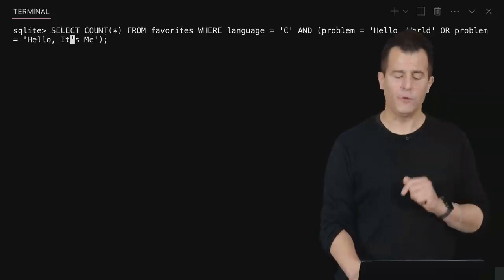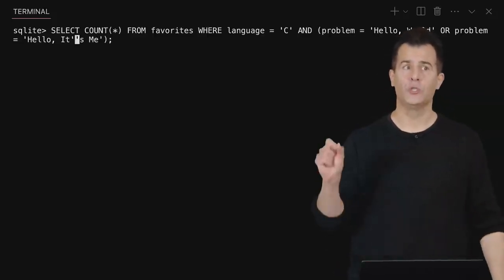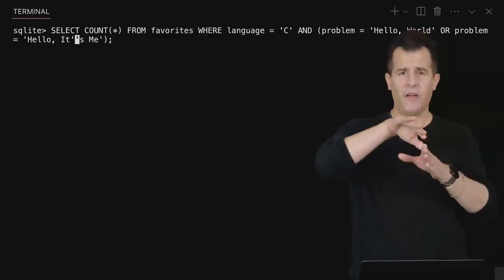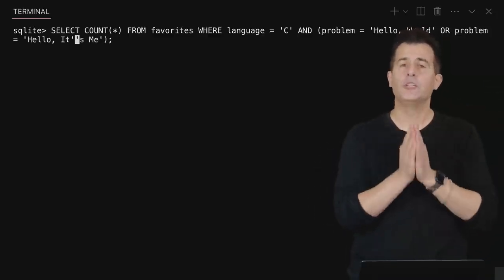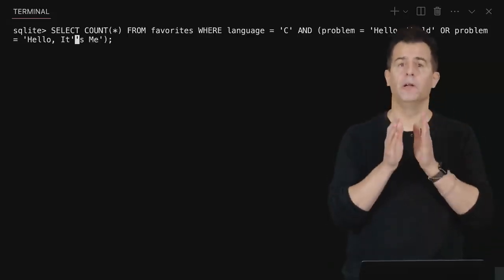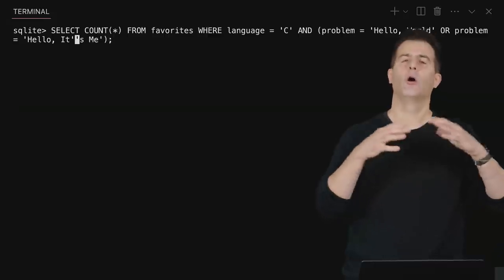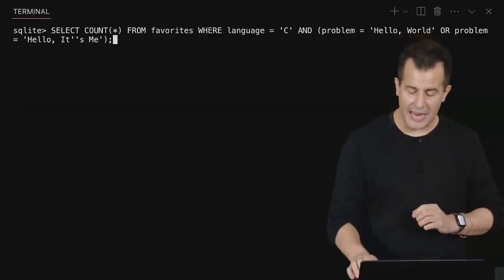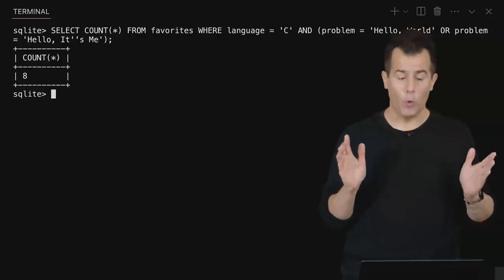Weirdly and admittedly confusingly, the convention is to actually use 2 apostrophes. So this does not create one string on the left and one string on the right. Having 2 single quotes in a row means you only want one of them logically to be there. So this assuages that concern there. So if I now go to the end of my command and hit enter, this time it worked because now